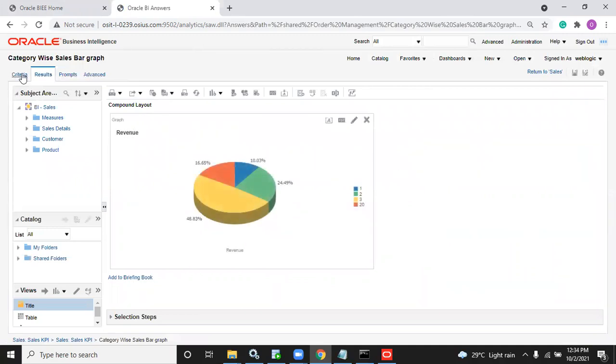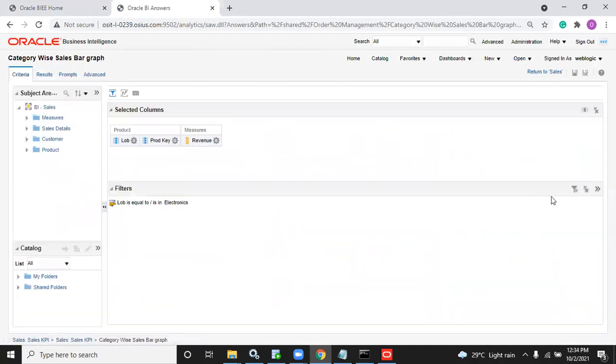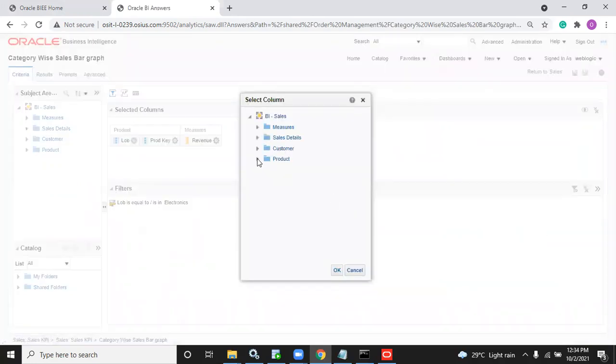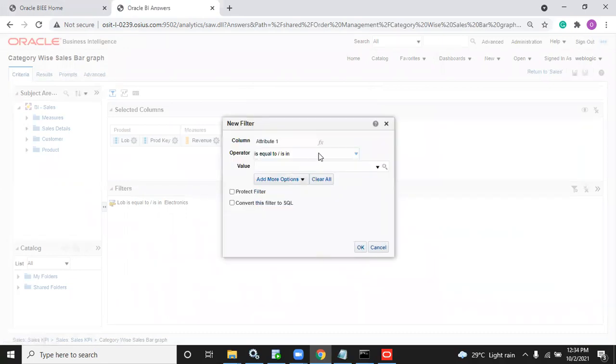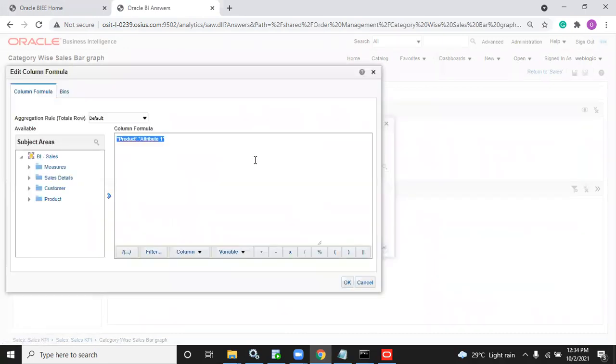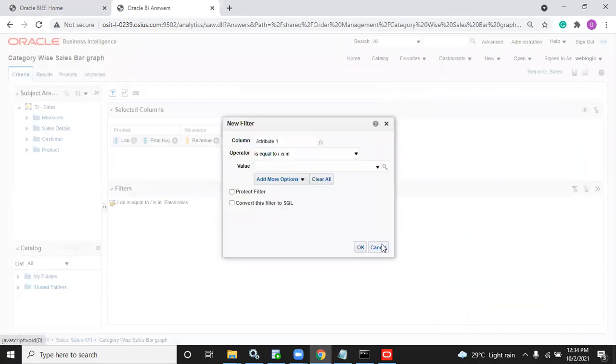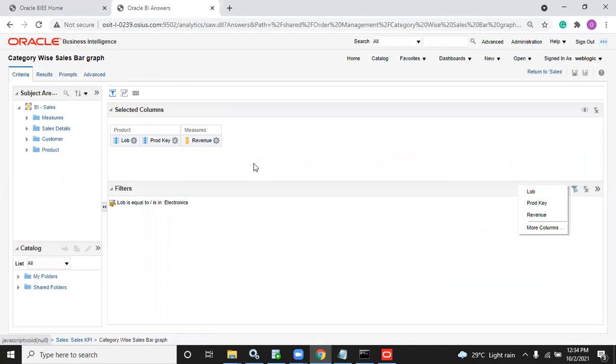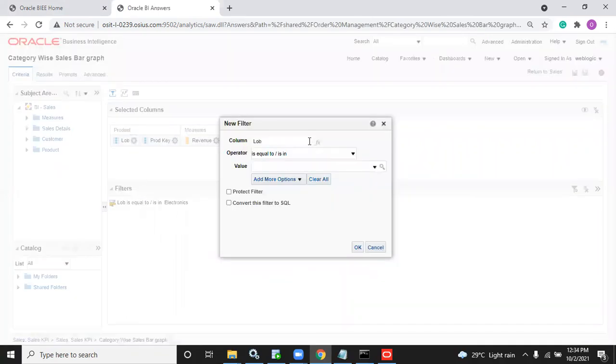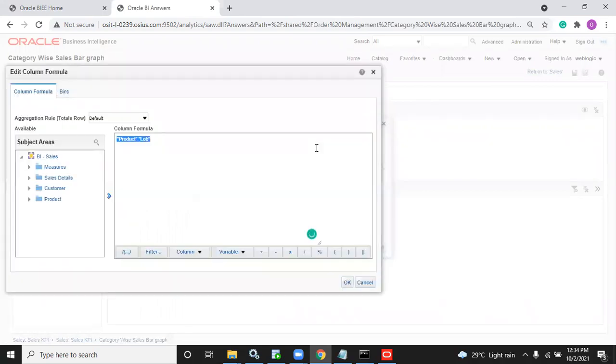Pie chart should be displayed only if the variable is having the value. Go to dashboard, more columns. Select any one, why? Because the variable we have to pass it. The variable should be selected here. Select any one of the column, any column. Even you can go from here also. Then fx. This is the place where you can write the function.